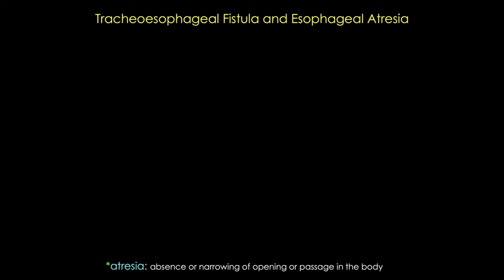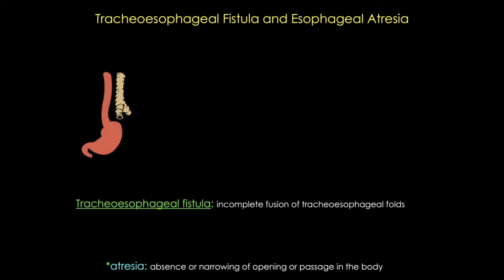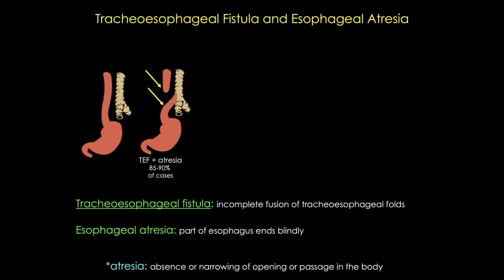Normally, the tracheoesophageal folds fuse to form the tracheoesophageal septum. Again, that separates the trachea and the esophagus, just like you see here. But if these folds fail to fuse completely, it results in incomplete division of the cranial foregut into the esophagus and trachea. So in this cartoon, we see the most common result of this failure, which is a tracheoesophageal fistula, or an abnormal connection between the trachea and esophagus, combined with esophageal atresia, which is a blind ending of the